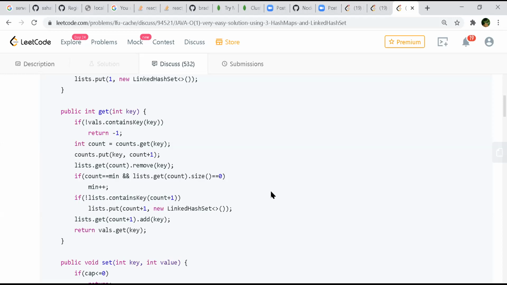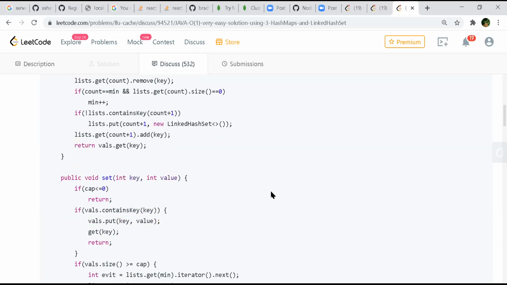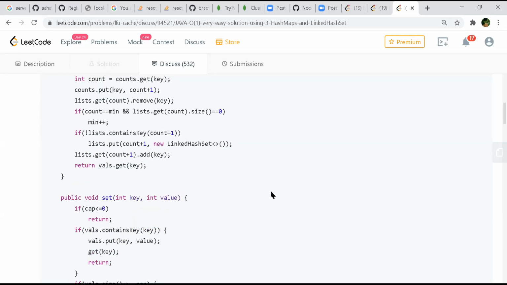So he looks at whatever the current minimum frequency is. And if the list for that current frequency count is 0, only then he increments the minimum value, or else he is not going to increment it. Right? It's similar to the earlier C++ example, right? Yeah, exactly.